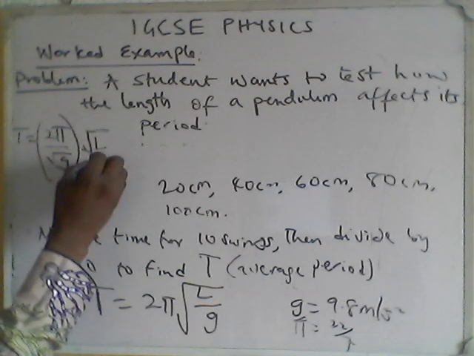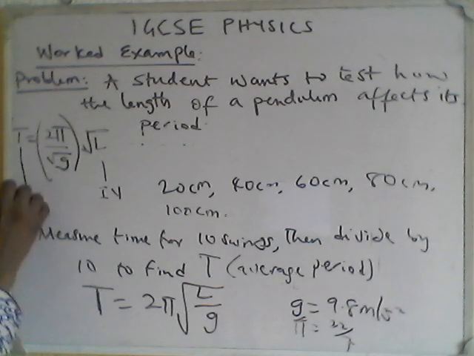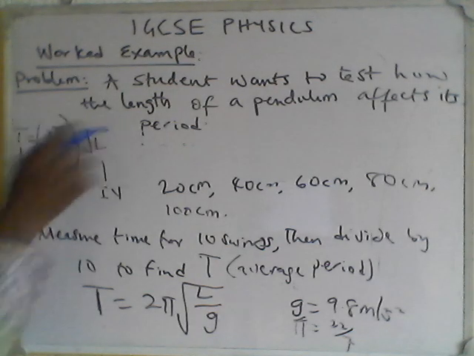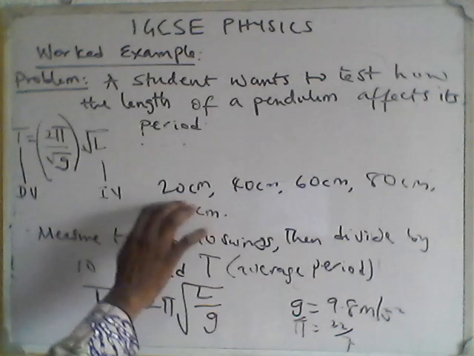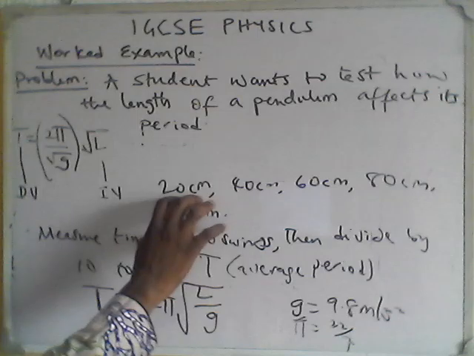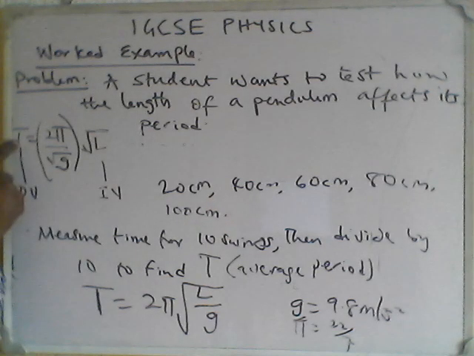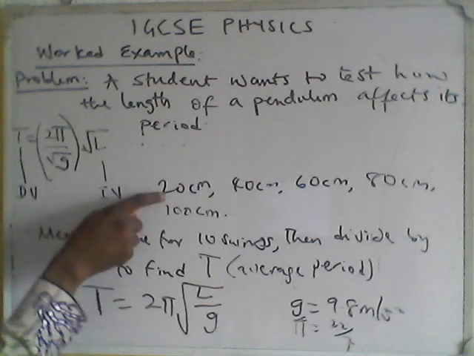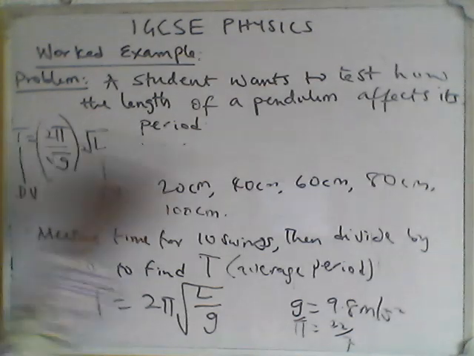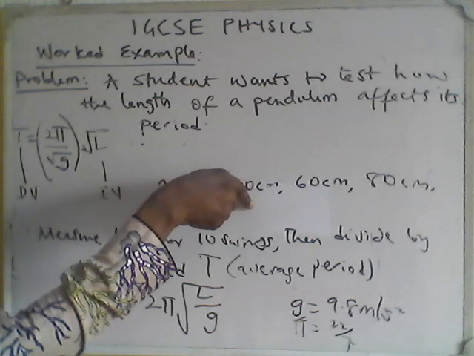And this is the independent variable, and this is the dependent variable. So T depends on what is happening in L. Like I said, when I'm varying the length for different instances, for the first instance, if I put 20 cm and do the experiment and take my period, what I'm going to get as T will be depending on this 20. So if I change this L from 20 to 40, my T will also be affected by, or be dependent on, 40, and so on.